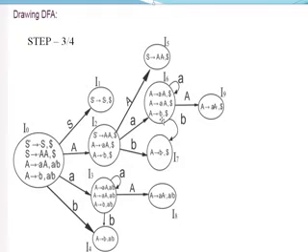A → b. Here I7 is repeated in multiple places like I2, I3, I6, I7. So I am giving a loop here for b, and for A I am giving a loop here. And what is the next incomplete for me? A → aA. So A → aA dot. I am writing this task like this. Now it is a complete grammar.